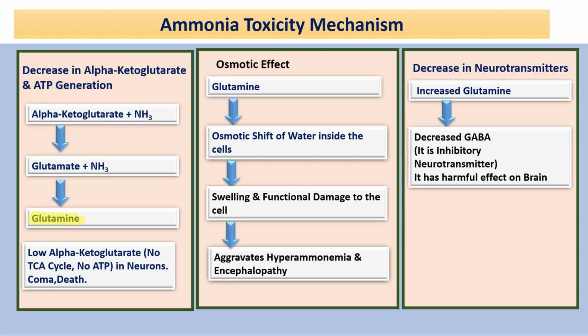Here there is a production of glutamine, and this glutamine is there because the body wants to avoid the increased level. बॉडी क्या चाहती है कि जो अमोनिया बढ़ा हुआ है उसे किसी न किसी तरीके से न्यूट्रलाइज करने का ट्राई करती है। बट अभी यहाँ पे ग्लूटामिन बहुत बढ़ चुका है। अब ग्लूटामिन तो बढ़ चुका है लेकिन हमारे पास जो एनर्जी सोर्स था अल्फा कीटोग्लूटारेट वो तो कम हो रहा है बिकॉज इट इज नॉट एंटरिंग इनटू टीसीए साइकिल। सो देयर इज नो टीसीए साइकिल, नो एटीपी रिस्पॉन्सिबल फॉर न्यूरॉन्स डेथ, एंड पेशेंट में लैंड अप इनटू कोमा और पेशेंट की डेथ भी हो सकती है।